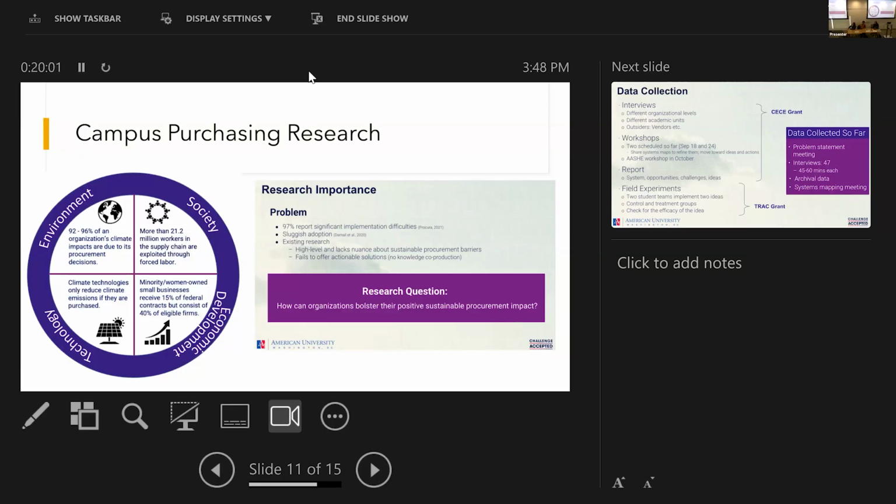So myself and our co-authors were trying to figure out, okay, what's going on here at AU? How can we improve these systems? And how can we generalize what we find at AU to organizations at other places, other types, other universities, et cetera? You can go to the next.